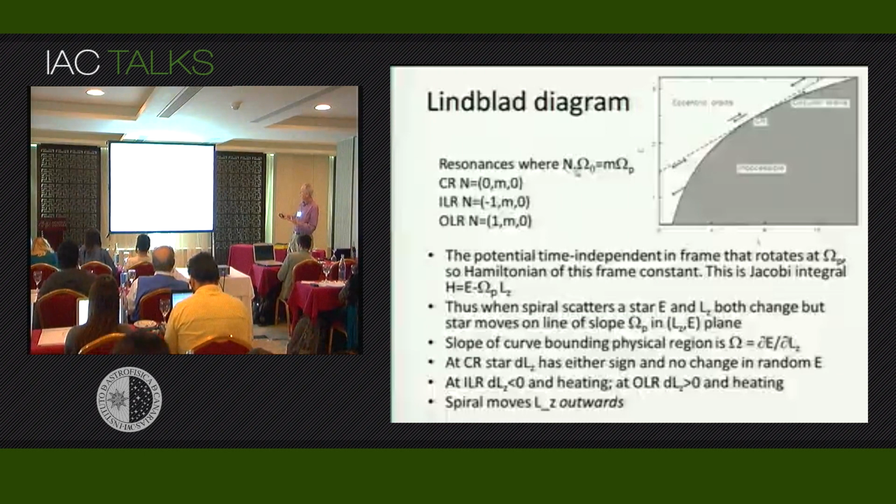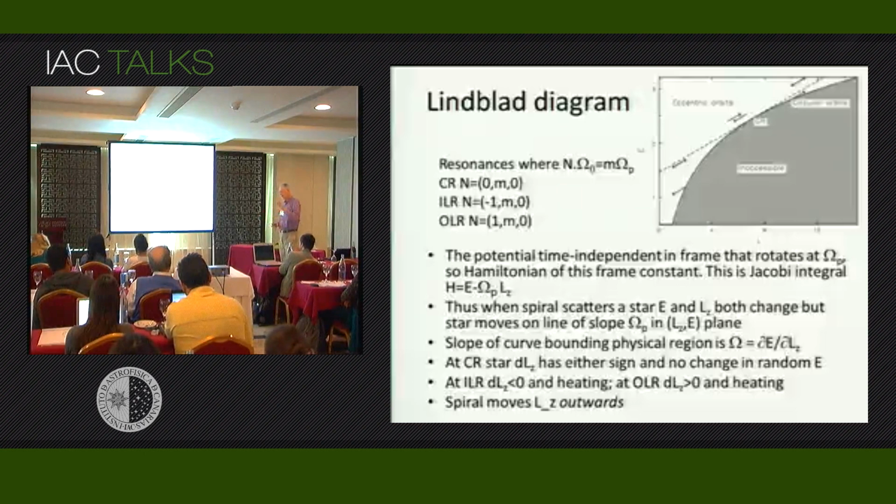M times the going around and around frequency is equal to m times the pattern speed. That's just expressing co-rotation. The inner Lindblad resonance is where the first component of this vector is -1, the second component is m, and the third is nothing. So in the epicycle approximation, we have minus omega r plus m omega phi, going around and around, is equal to m omega p. So we have that omega r is equal to m omega phi minus m omega p.